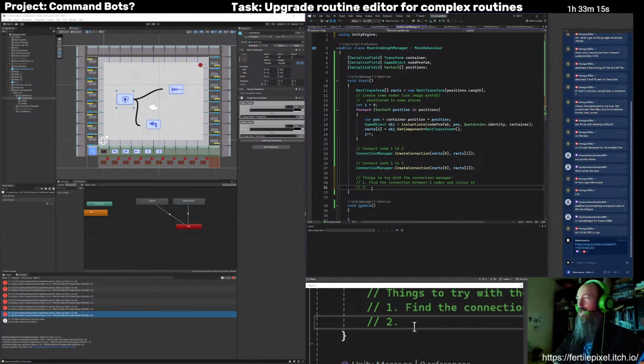Nature is amusing. And it's good not to take it too seriously. In the wrong sort of ways, anyway. Is there anything else I actually want to do? You find the connection between two nodes and color it. I think I actually also will need